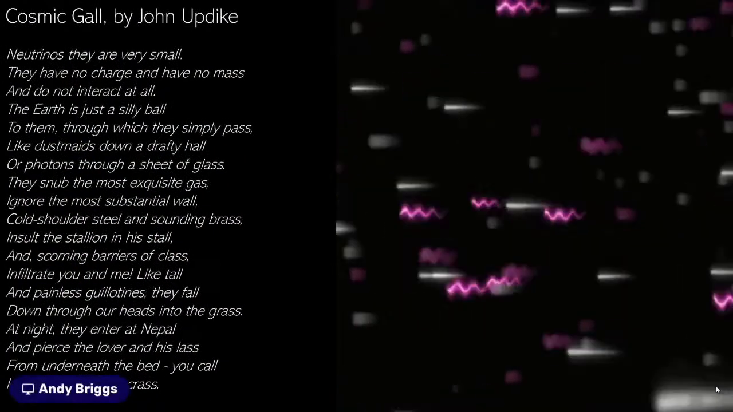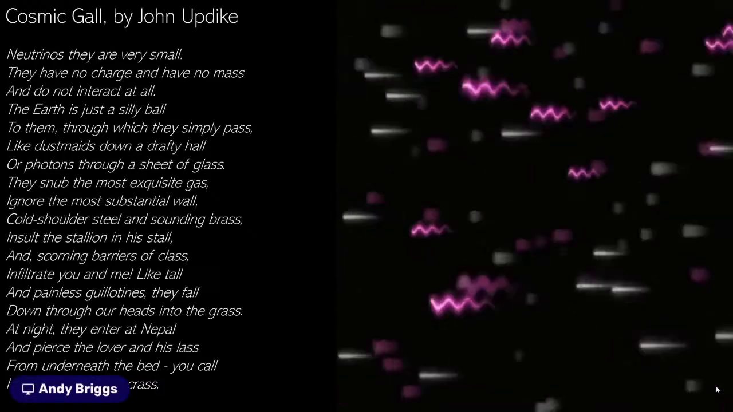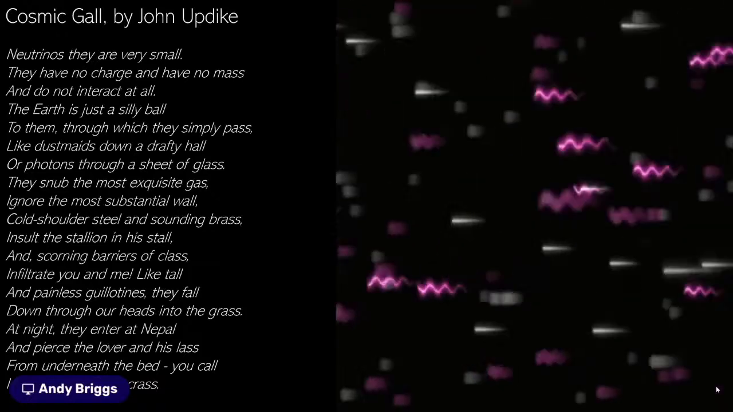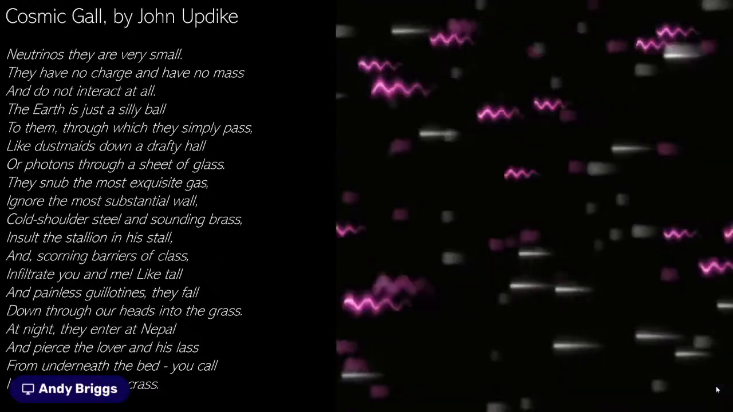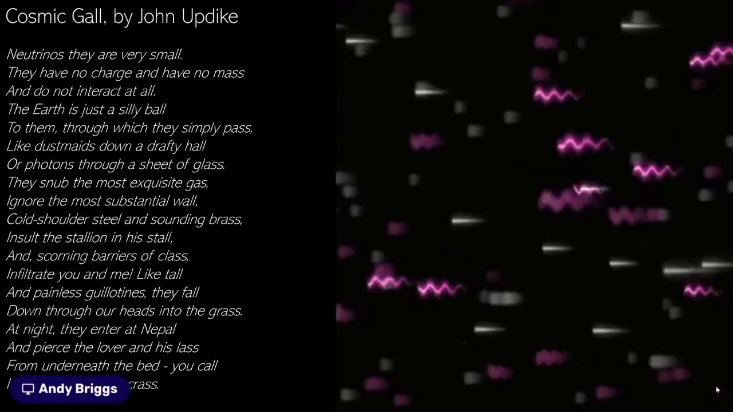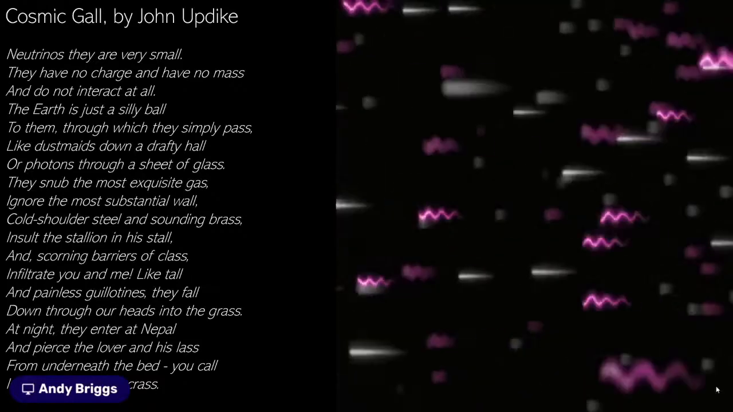And just to finish, I'd like to read this. It's a poem by, of all people, John Updike, who chose to write about neutrinos, and it's called Cosmic Gall. Neutrinos, they are very small. They have no charge and have no mass and do not interact at all. The Earth is just a silly ball to them, through which they simply pass like dustmaids down a drafty hall